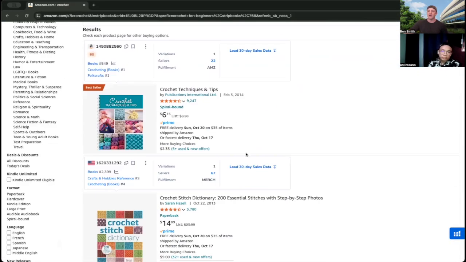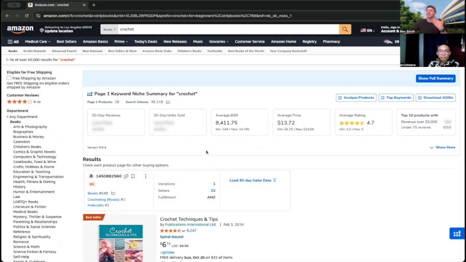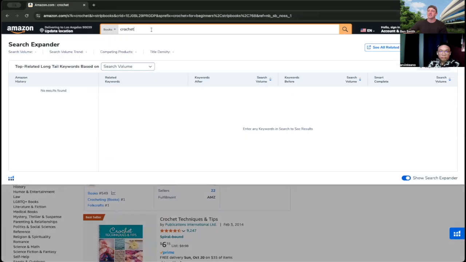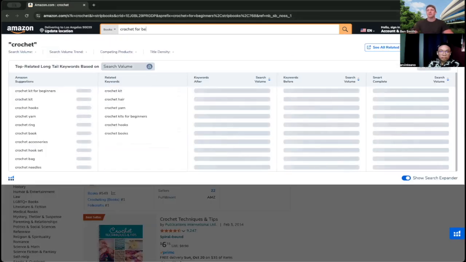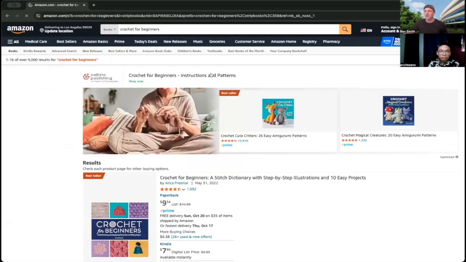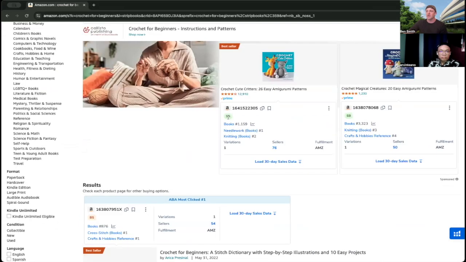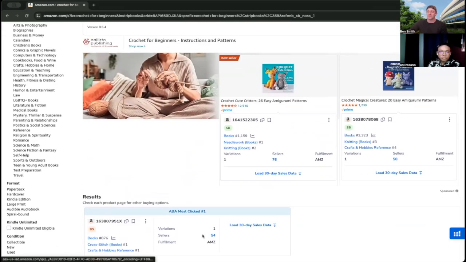But I can validate crochet. Every book on this page is going to have crochet. That's why I'm choosing crochet for beginners, because that's going to narrow down our pool. But it still has demand from a search volume perspective, as we just saw, 2,400, and it's being used throughout the search results, which tells me there's other people who are already validating this market for us. Okay, that's number one here.